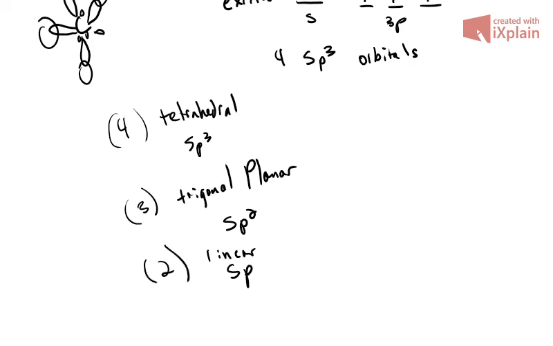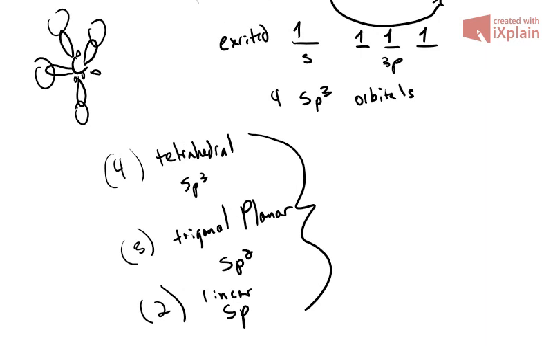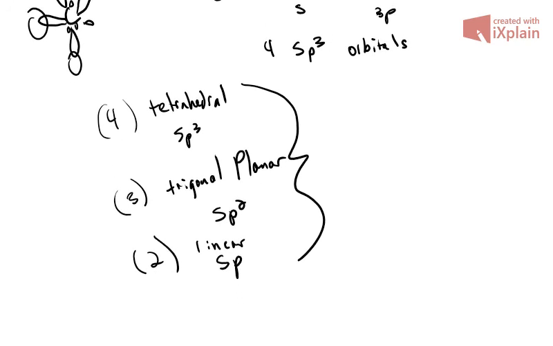Now this is a callback to last video. This is where the shape naming comes in. Anything that has 4 things, including lone pairs, off the central atom will form sp3 orbitals. Trigonal planar will form sp2 orbitals. So if we look at something like BF3,